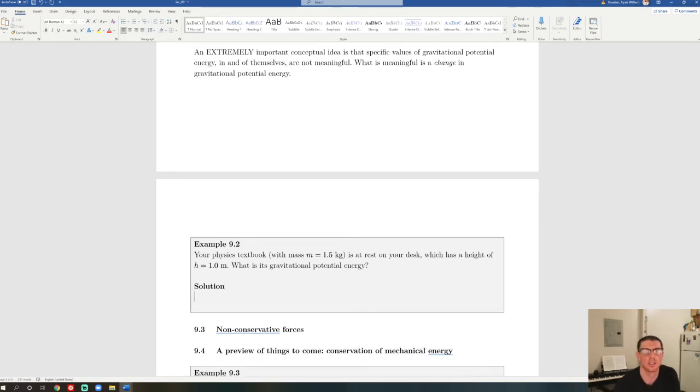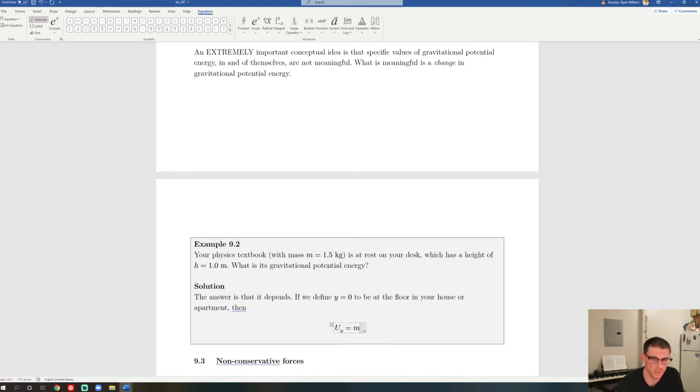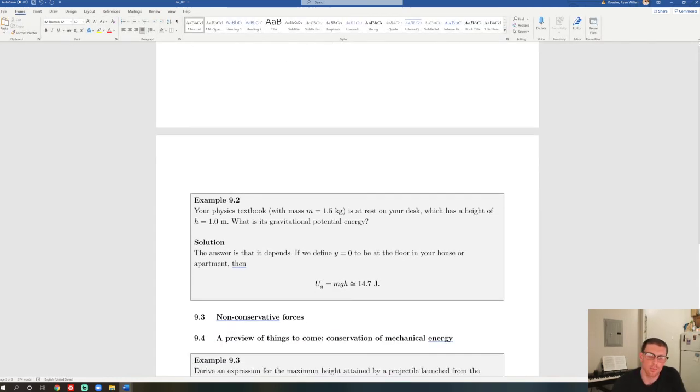The answer is that it depends. And this has everything to do with what I was just saying, right? About specific values of gravitational potential energy not being meaningful in and of themselves. So let's look at a few different ways we could evaluate the gravitational potential energy, bearing this in mind. So if we define y equals 0 to be at the floor in your house or apartment, then the gravitational potential energy of the textbook is just mgh, and numerically this is about 14.7 joules. Okay, so far nothing surprising, and this probably seems like a reasonable value to obtain, but